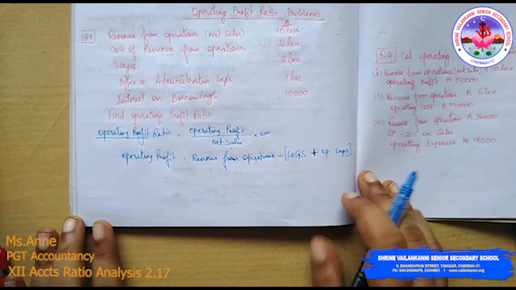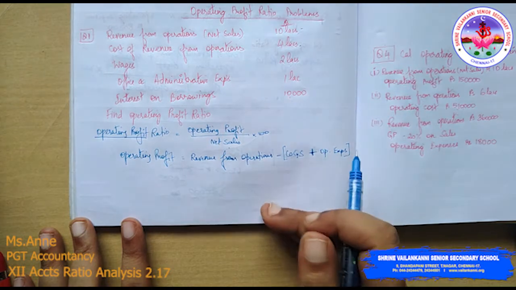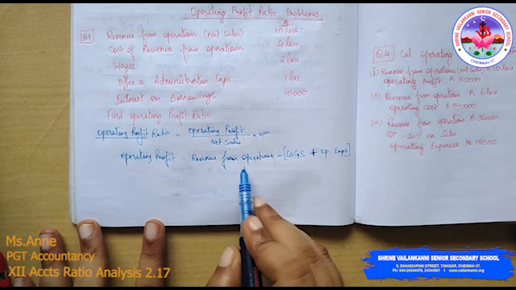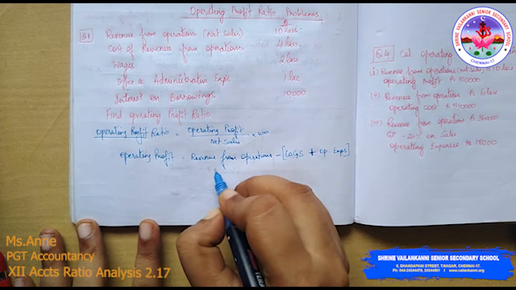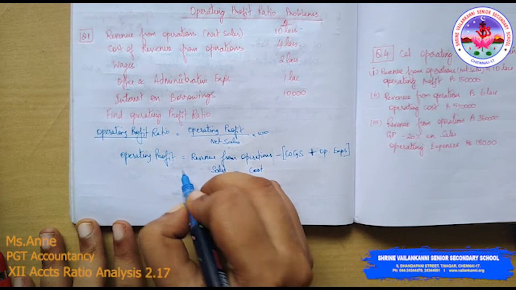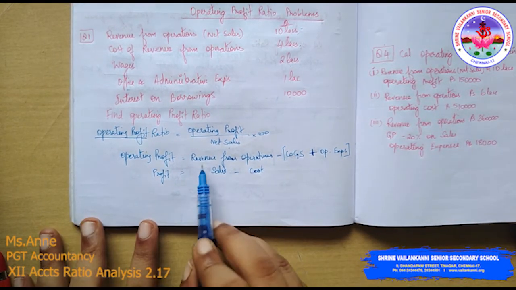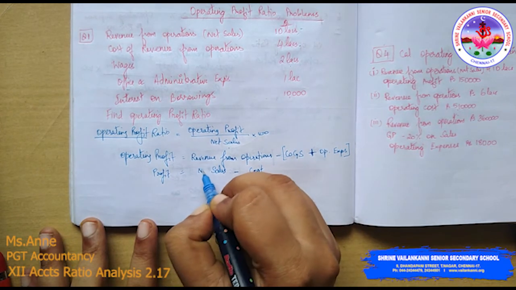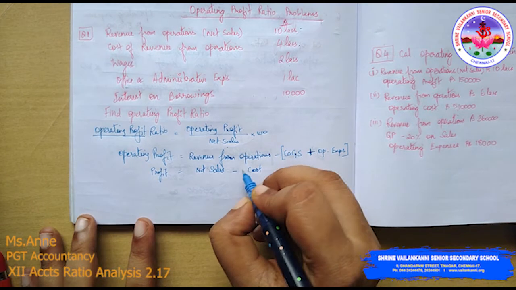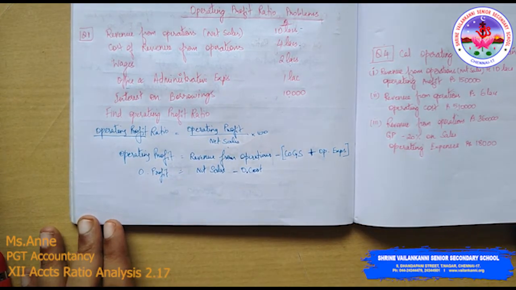I told you, these both are complementary to each other, so there will be a direct relationship with the formulas also. See, revenue from operations minus cost, what will we get? We will get profit. So revenue from operations is nothing but net sales. Cost is operating cost. What we are going to get is operating profit.